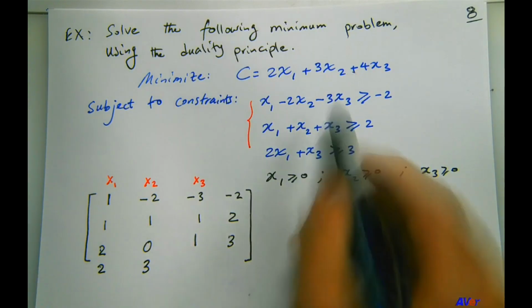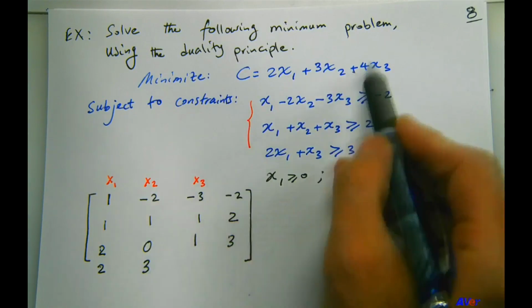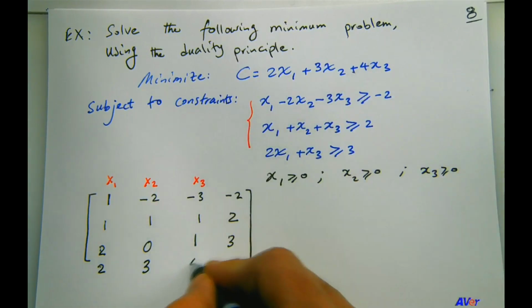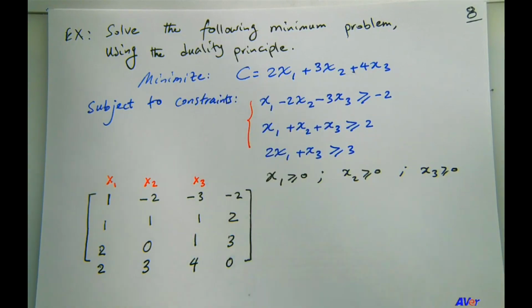Okay, so we have 2, 3 for x2, for x3 it's 4, and of course for the constant we take that as 0. Okay,